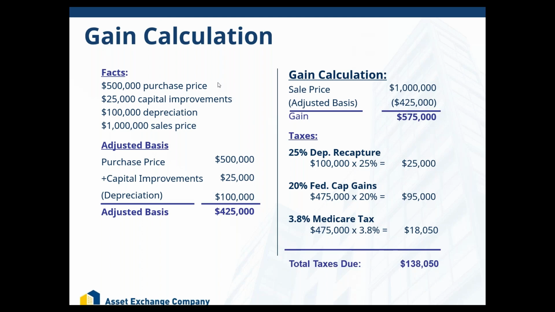Now, let's also say we're going to be subject to that Medicare tax of 3.8%. Okay, so let's take the $475,000, multiply it times the 3.8% Medicare tax. That's going to give us a tax of $18,050. Right? So when we sell this property, we would be looking at a tax bill of $138,050. The great news, again, is when you do a 1031 exchange, you can defer having to pay any of